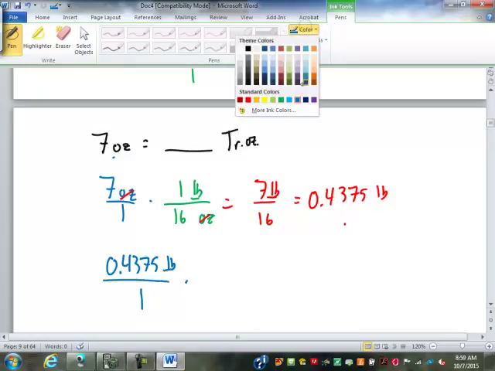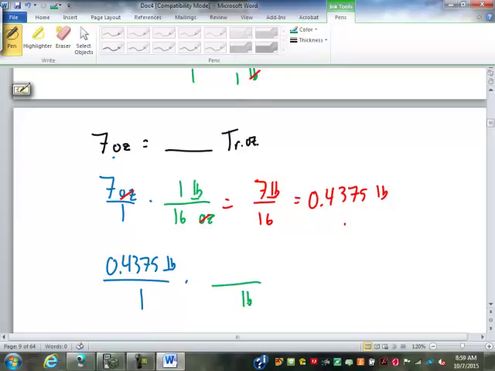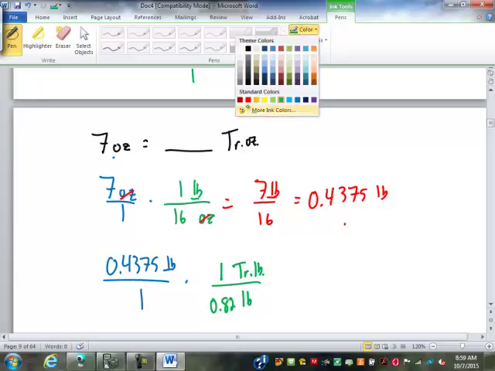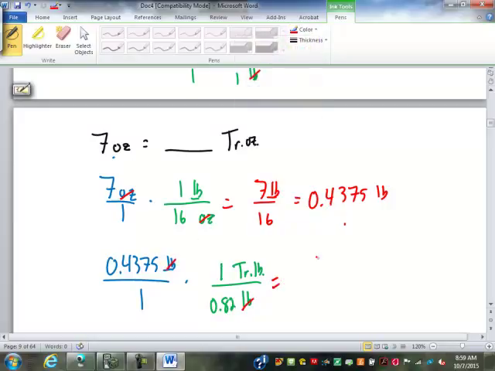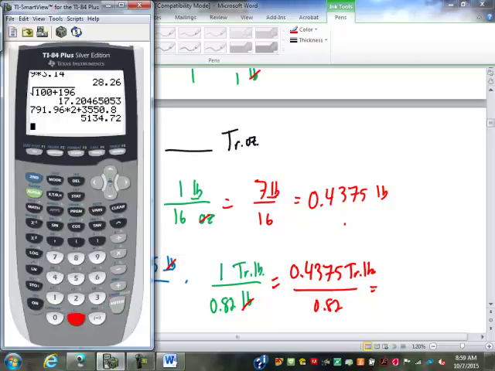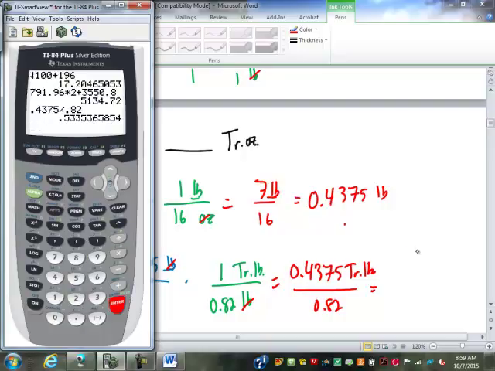into troy pounds. So pounds on top or on bottom, so they cross cancel. Troy pounds on top. 1 troy pound is about 0.82 regular pounds. So the pounds cross cancel. I have 0.4375 troy pounds over 0.82. So I've got to divide that. 0.4375 divided by 0.82 is 0.5335